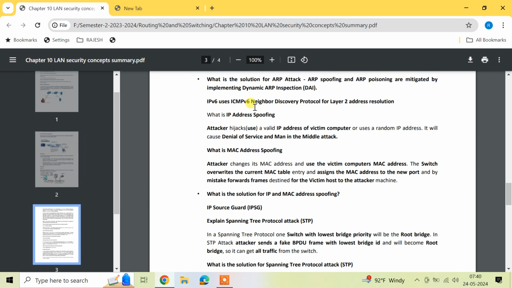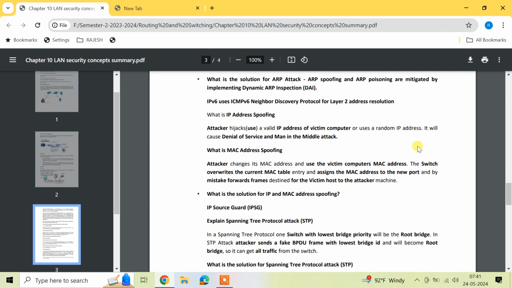Then IP address spoofing. Spoofing, as I told you, is when a person uses some other person's identity. I will use someone's identity and send a message on his behalf. For example, I am using another person's email address, say Mr. Hariraman's email ID, and I send an email from it saying that tomorrow is a holiday, so you all don't need to come to my network security class. You will think that the email is coming from Mr. Hariraman, and you will not attend the class. Here, IP address spoofing means the attacker uses a valid IP address of a victim computer